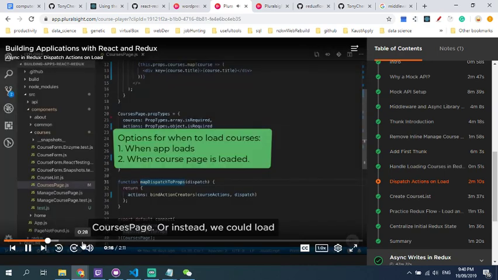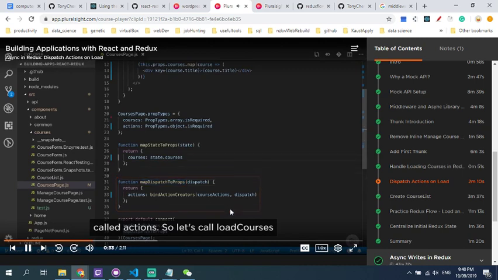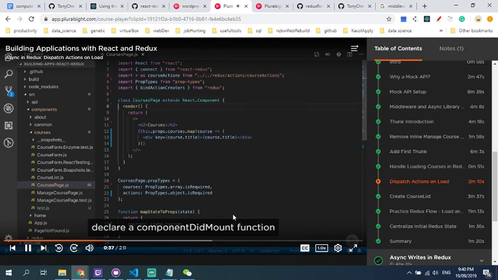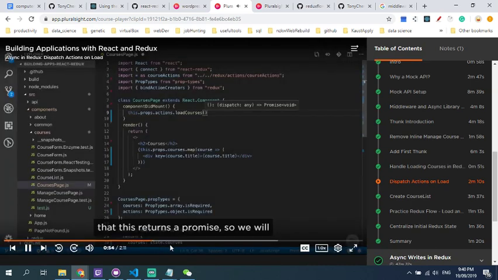Our actions are injected into our component under a prop that's called actions. So let's call loadCourses when our component mounts. To do so, declare a componentDidMount function. The action returns a promise, so we